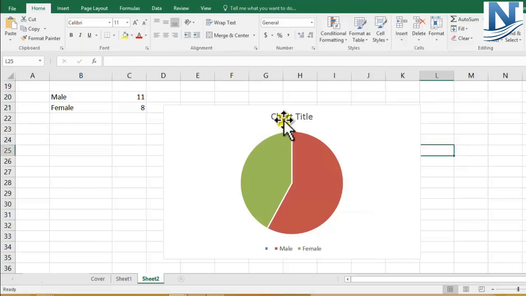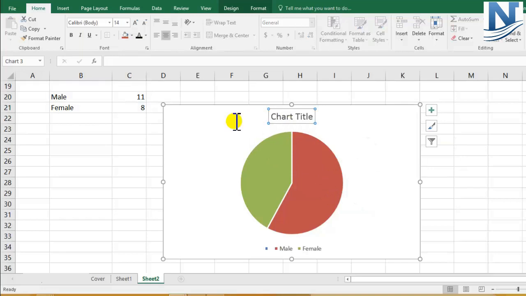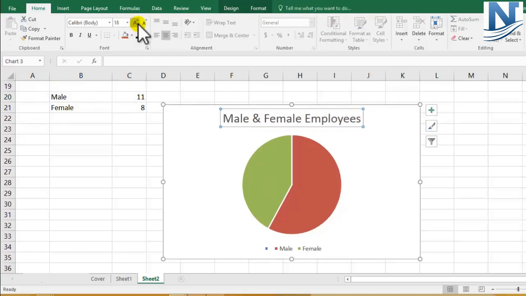The first thing that we will do with respect to this is make the chart title proper. So I am making it as male and female employees. You can increase or decrease the chart title.